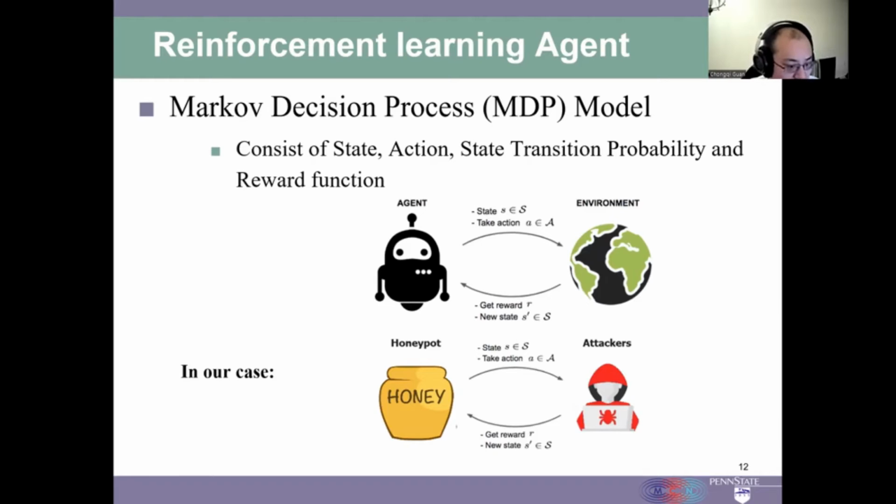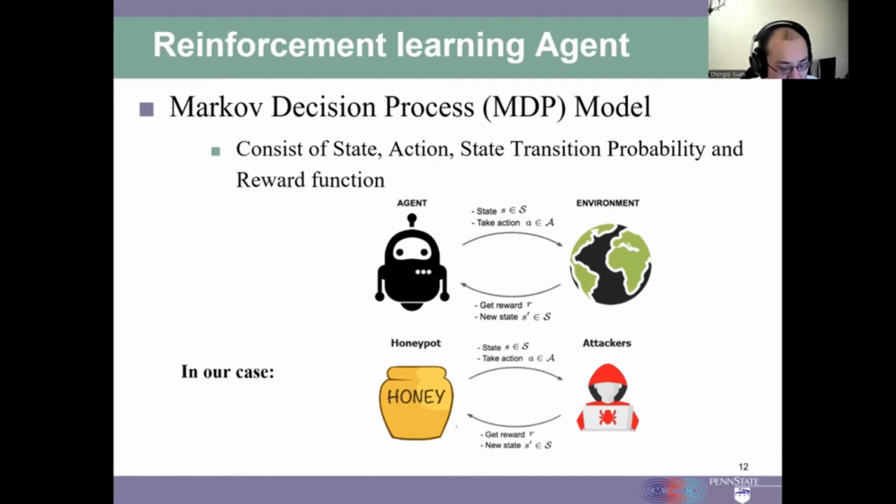In our case, the honeypot is the agent, interacting with an environment full of different attackers. At each step, the agent observes the environment state by analyzing the attacker's request packet sent to the honeypot. The agent then takes an action to choose a proper response to fulfill the attacker's request. After sending the response, the attacker may send another request that will force the agent to enter a new state, or just terminate the session by not sending any request. A reward is collected whenever the attacker tries to exploit a vulnerability or terminate the attack session.